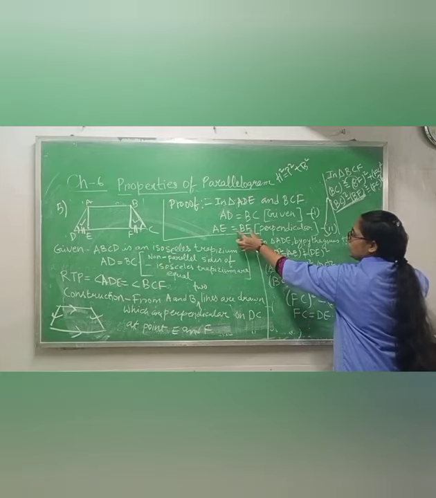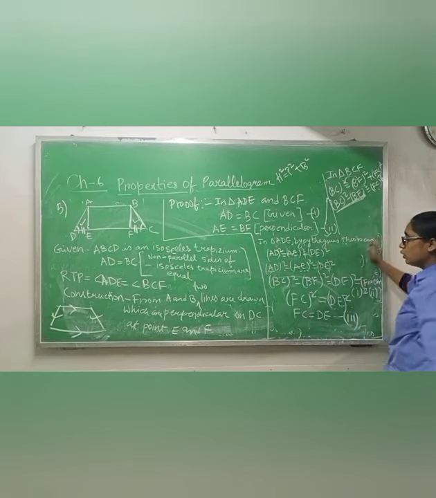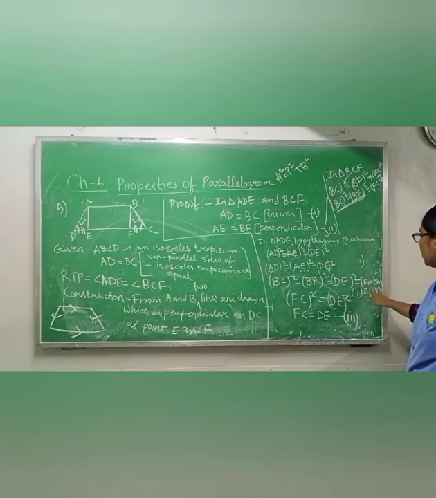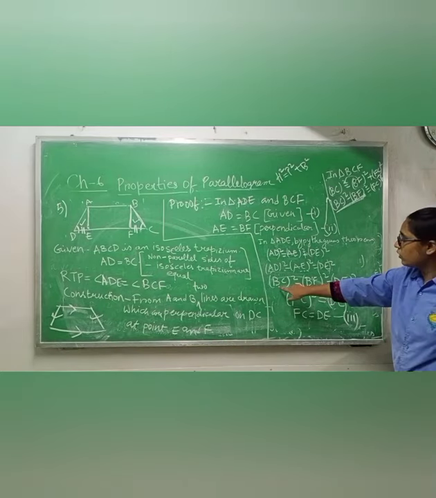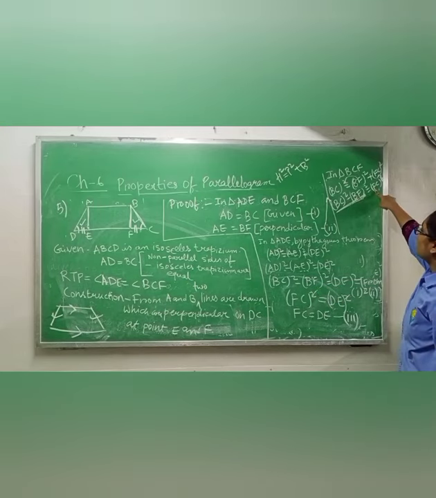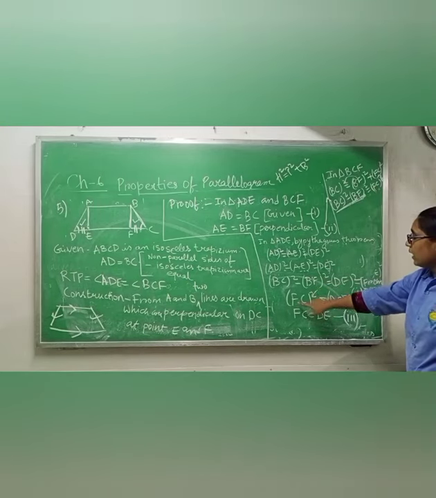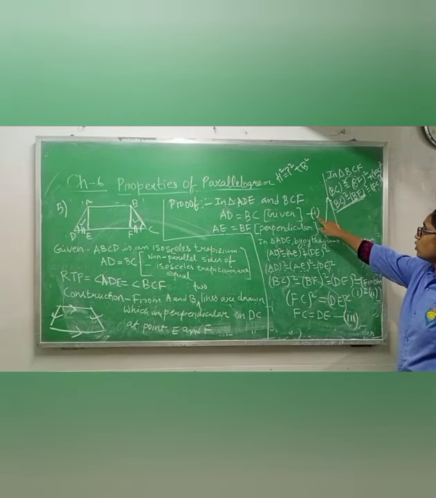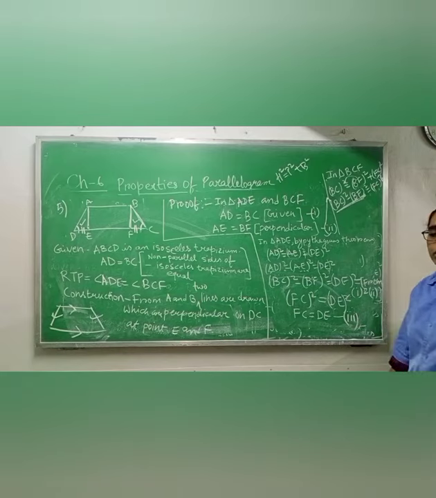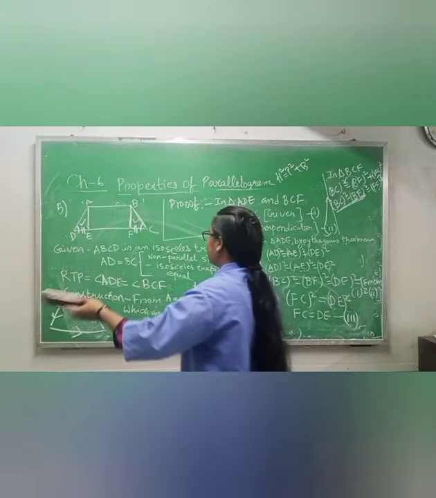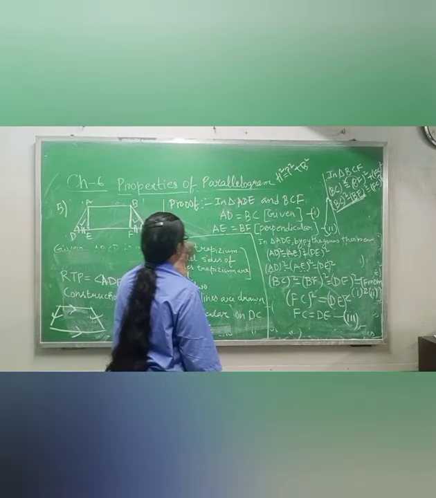In place of A you can put BF from equation 2. So BC square minus BF square equals DE square. I have written from 1 and 2. Now in place of BC whole square minus BF whole square, what can you put? FC square. So I am putting FC square. So the squares will cancel. FC equals DE. So from equation 1, equation 2, equation 3, you can say that these two triangles are congruent. I am rubbing this part, the given part.